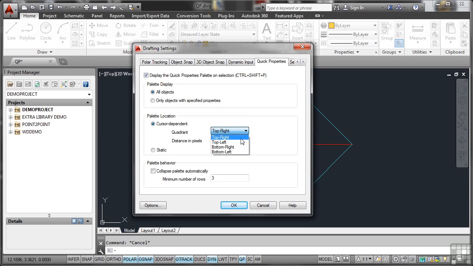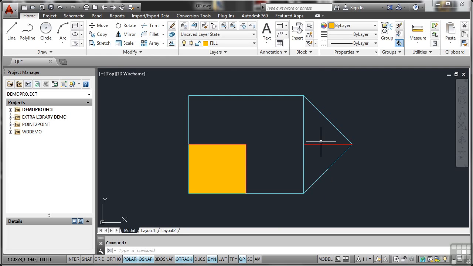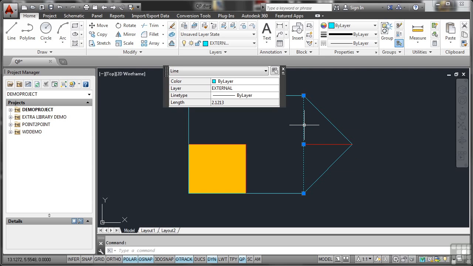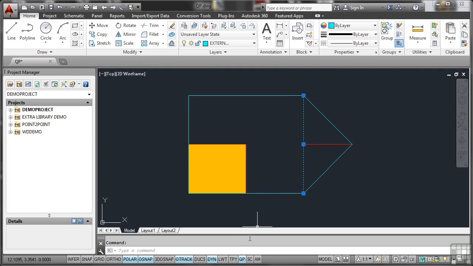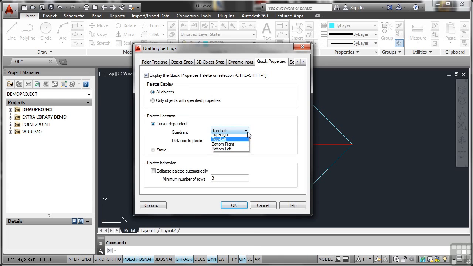If I change that to top left and OK that now, I'll go and select the same line with QP on and watch what happens. Can you see it goes to the left-hand side, 50 pixels away from the cursor where I clicked on that line. So what you can do is change the settings of when and where it appears. So if I right-click again and go to Settings again, I'll change that back to top right, which is what